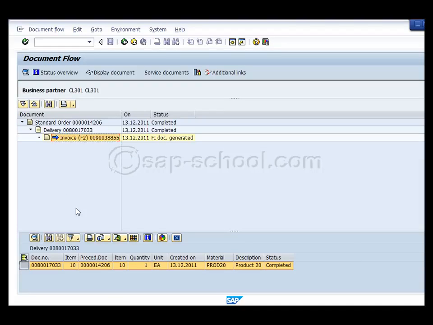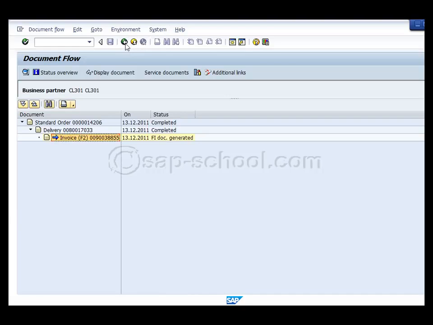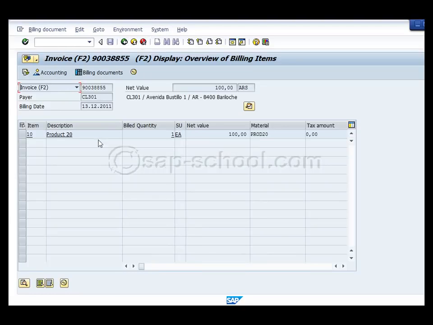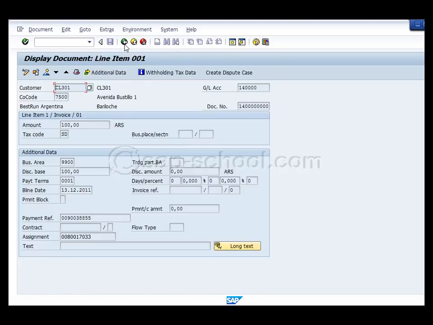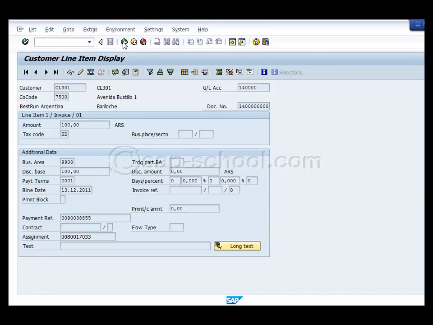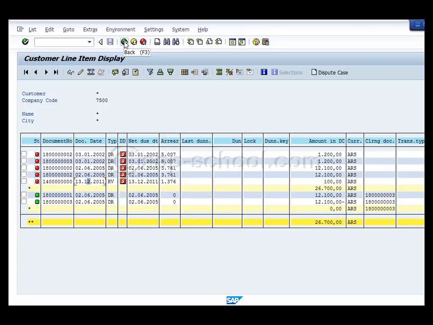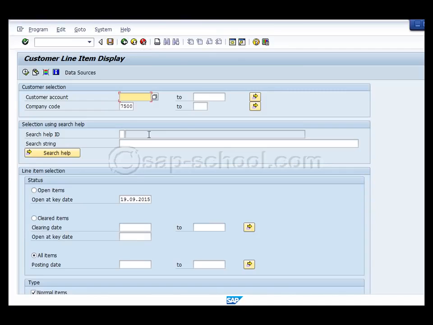And finally, we have the invoice document itself. So if we just go back, this is my invoice document, which finally generated this FI receivables line item. So hope this gives a very quick overview of the